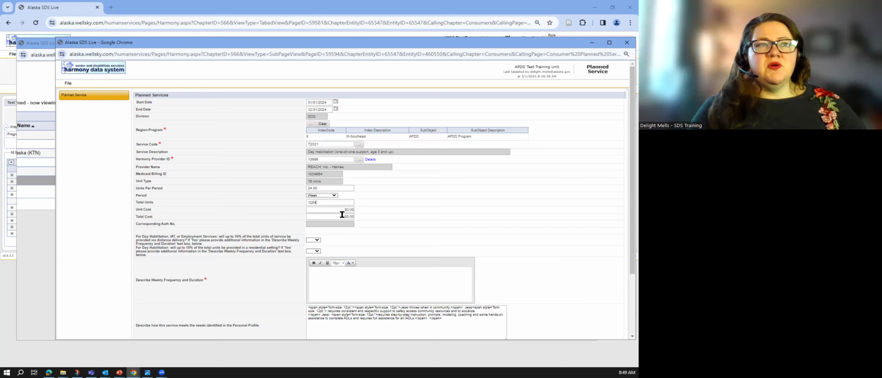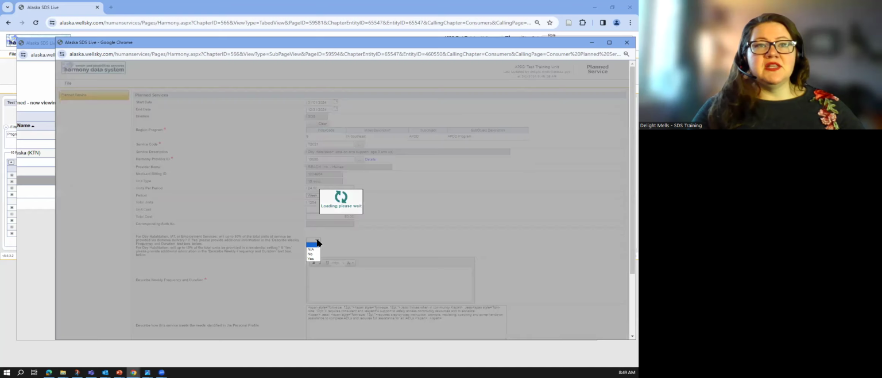Don't worry about the total cost or unit cost. Those are all zeroed out. From here, we'll move to some relatively new questions. These questions are other flexibilities made permanent, where it's asking if up to 10% of the total units are going to be provided through distance delivery, and you have a yes/no box. If you select yes,